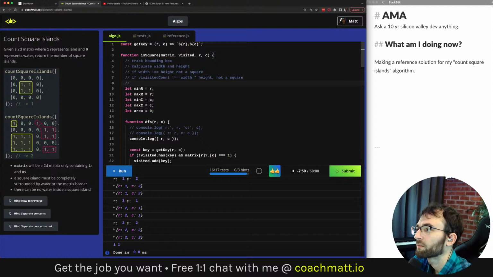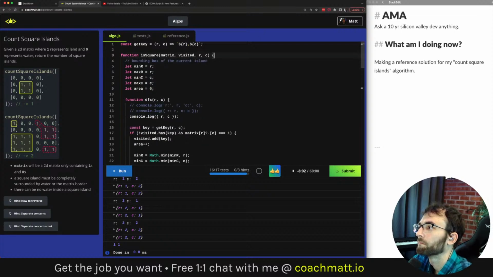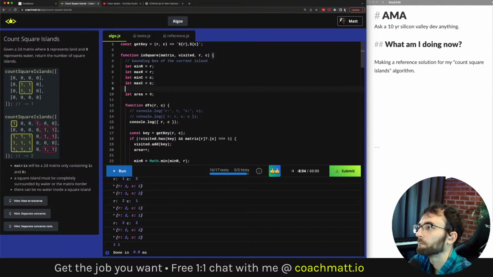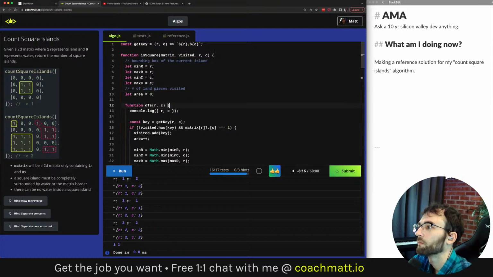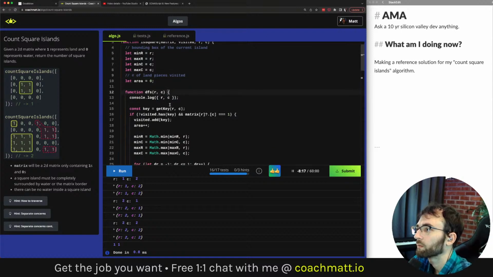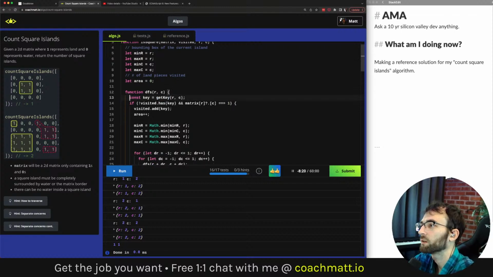The minimum and maximum row and column, this is just the bounding box of the current island. Number of land pieces visited. No commented code. I feel very strongly about that. No noisy console logs. Okay.